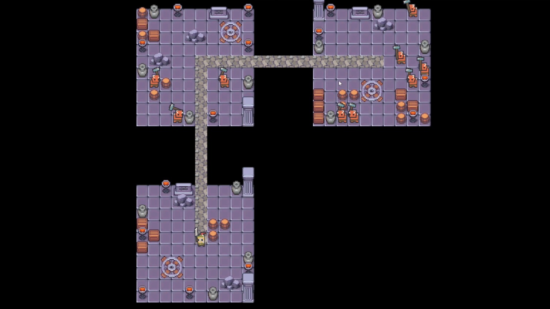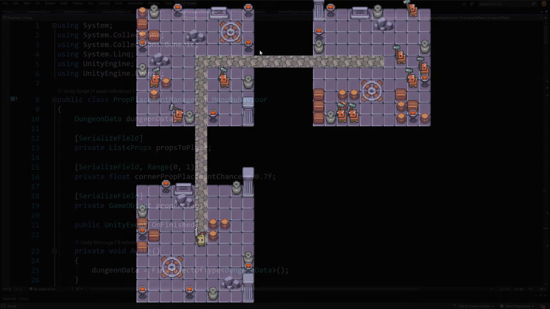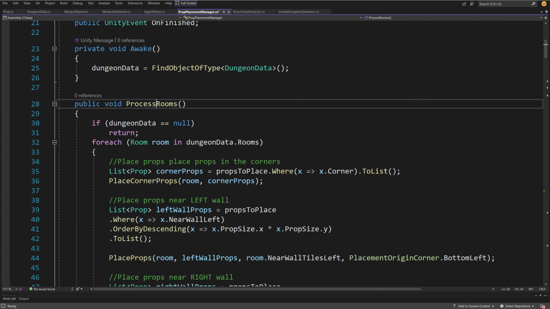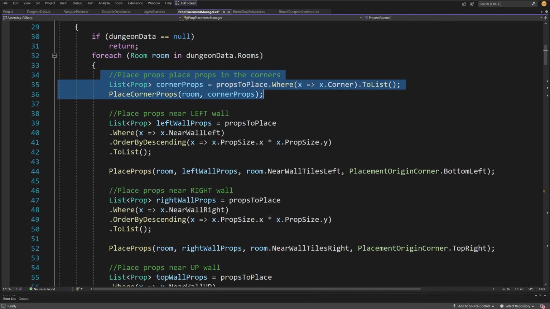Now, for some reason, I only see 3 of those in a line, so there might be a bug in my code. I will check it because otherwise there is only a singular barrel here. So I'm going to check it and update the GitHub repository, but this is the idea behind what we want to create here. Okay. The next step is in our process room method, after placing the props in the corners, to place the props near the walls,